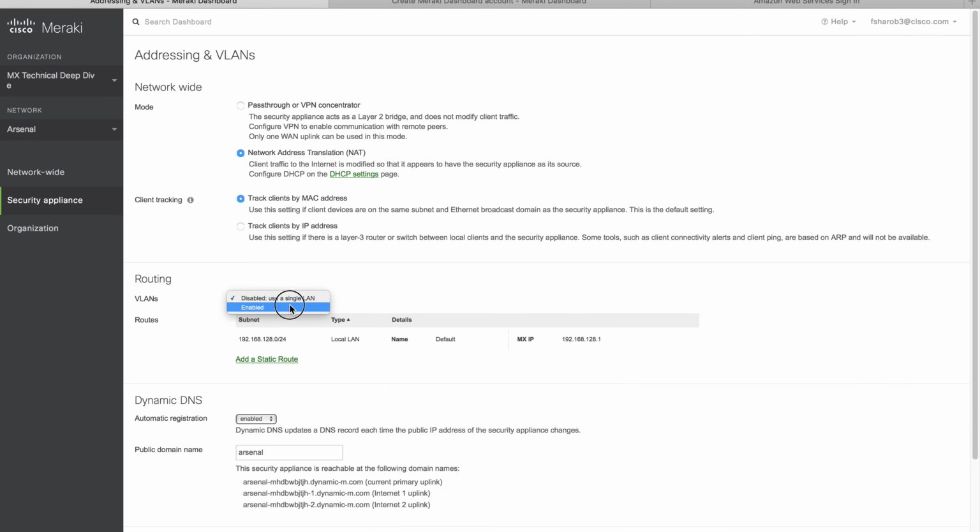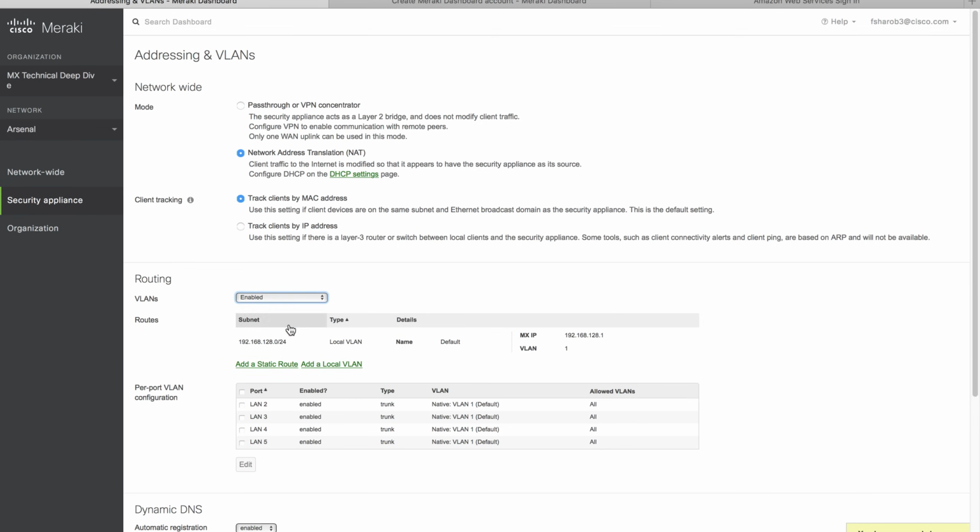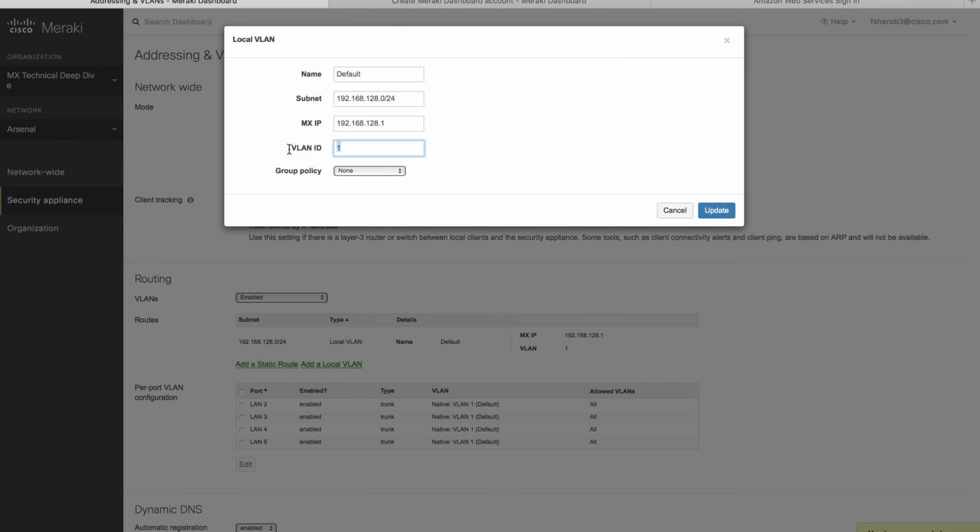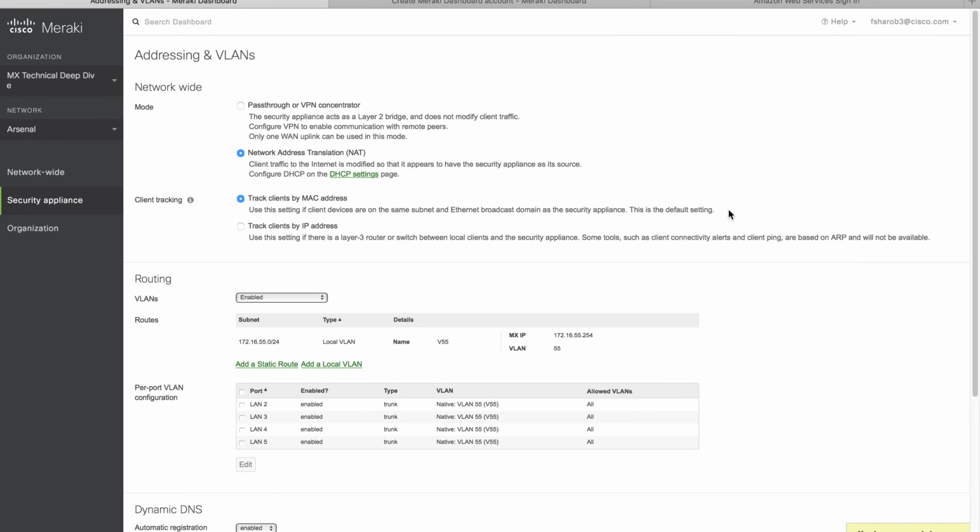For this exercise, we said we actually need to change this. So I need to have a different VLAN. It's called 55. I can name it anything I want. So I'll say this is VLAN 55, and name it V55. And then now I need to define the IP address of this VLAN, which was 172.16.55.0/24. The IP address of the MX, I will unify it, so I'll do 254 as a gateway. That's pretty much it. Once I hit save now,